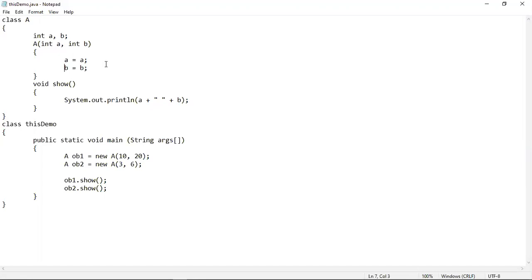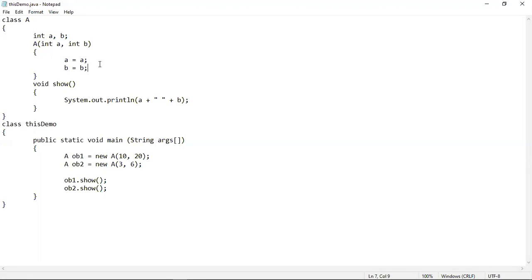As the local variable gets the priority, local variables will hide the instance variables. So when these value assignment statements are executed, the left hand sides are the instance variables and the right hand sides are the local variables or parameters.